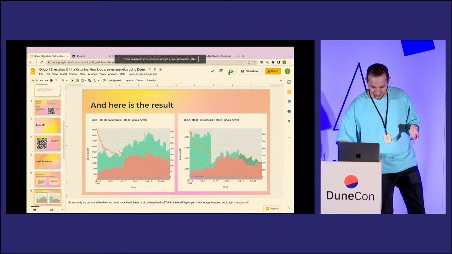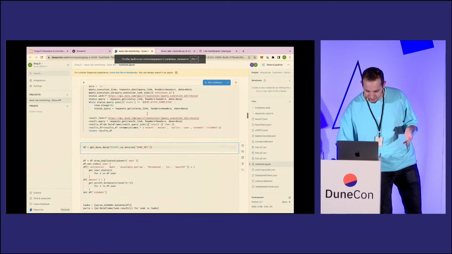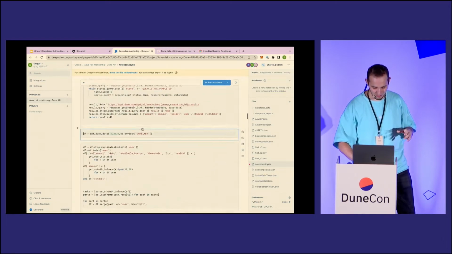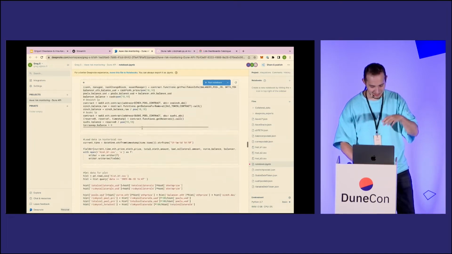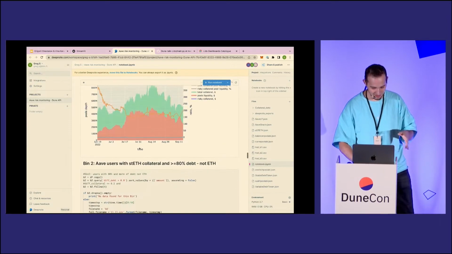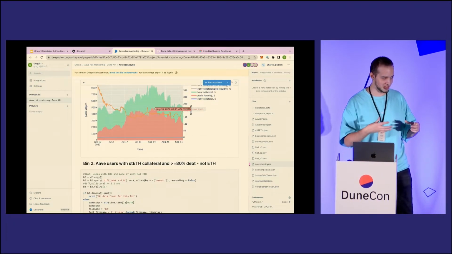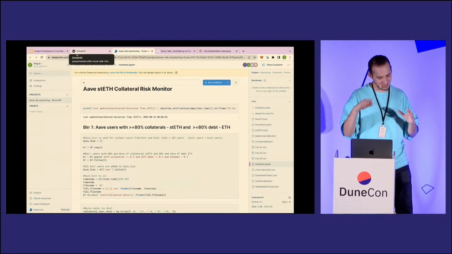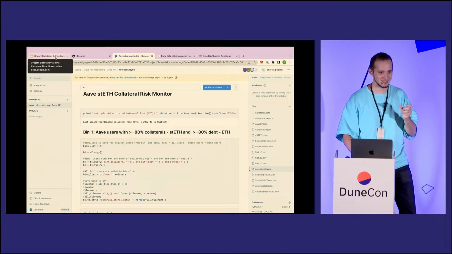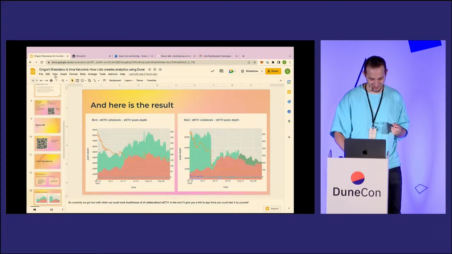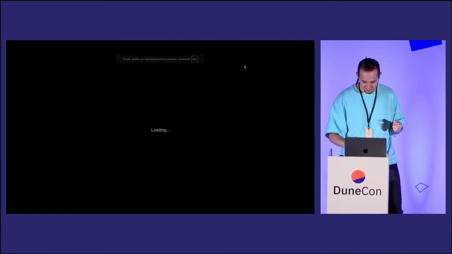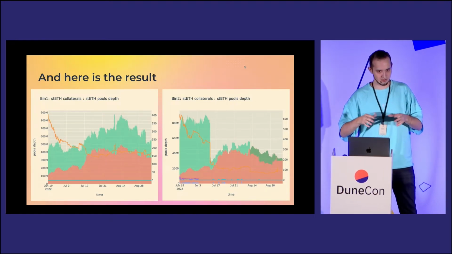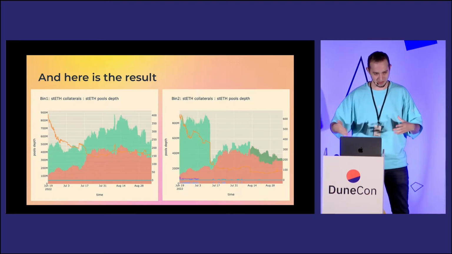Here I can show you the result. We especially give you the whole code so you can read through it. This Deepnote notebook and all these graphs are made with Dune API data. You can even find functions which download the needed data from the Dune API, but the API key is hidden because we don't want to spoil it. So for our liquidation use case, that's all. Thanks to the Dune API, we could track all the needed data about our collateralized stETH.